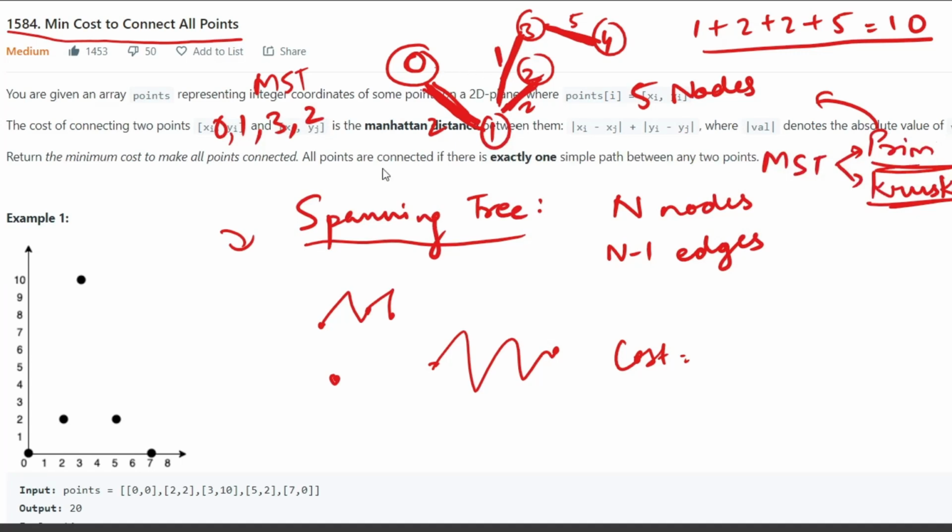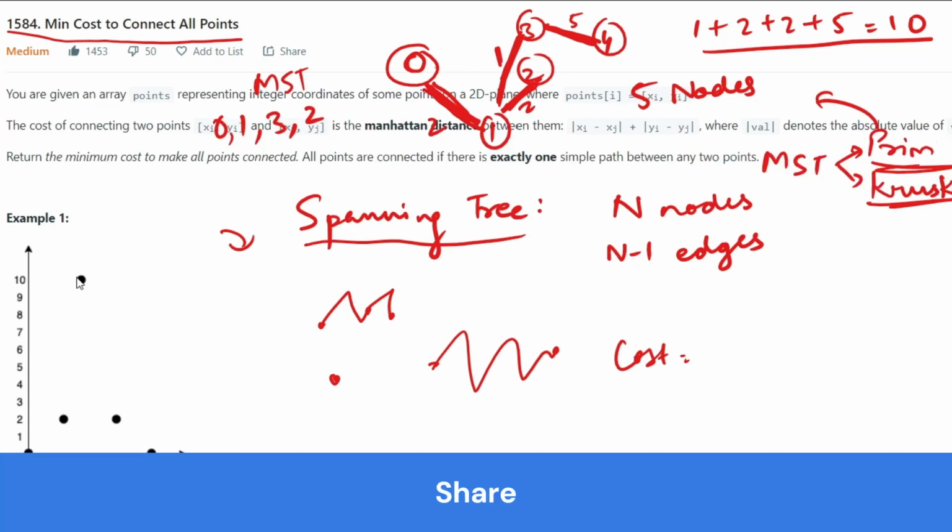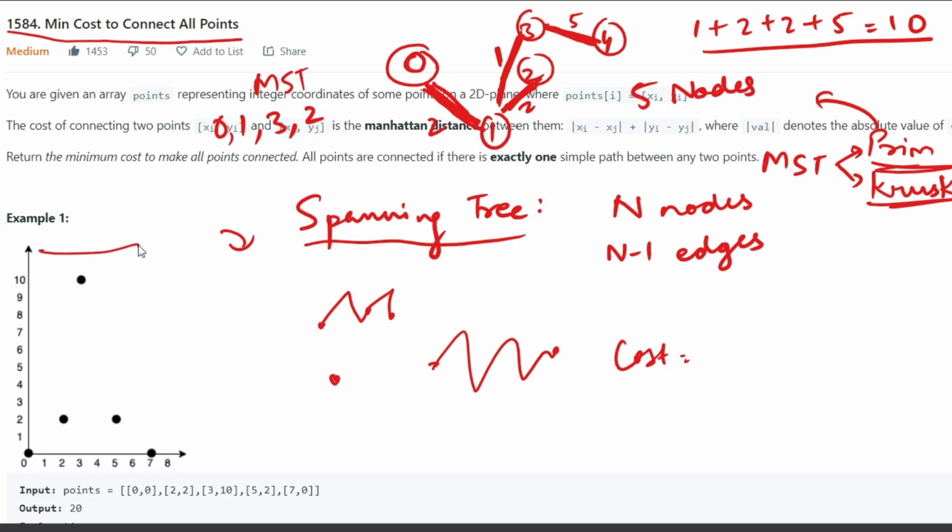So first of all, how are we gonna implement this? First of all, we'll select all these points. We will mark all these points, and then after connecting all these points, we will find this graph. Okay, we will find this MST and calculate this. After creating our MST, we have to just add all the edge weights, and our answer will be done. So let's see the code to understand it.